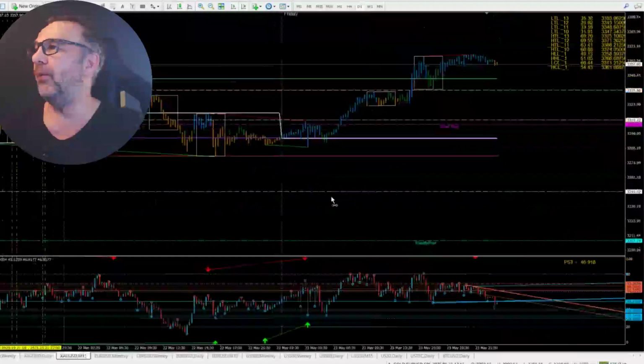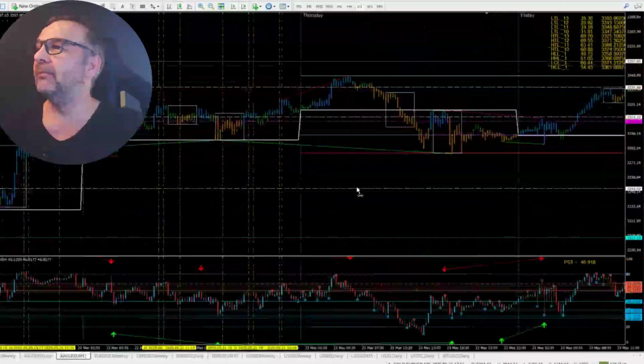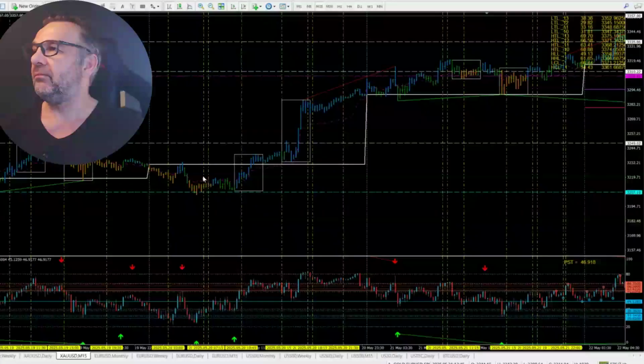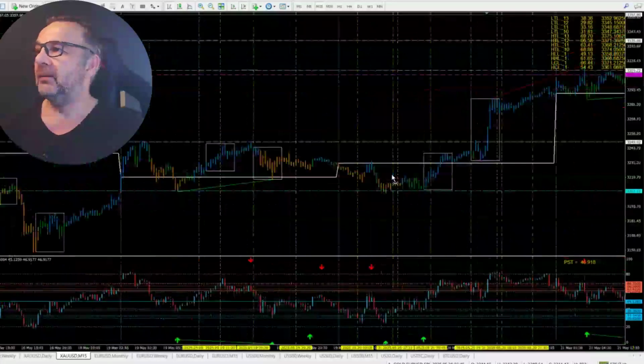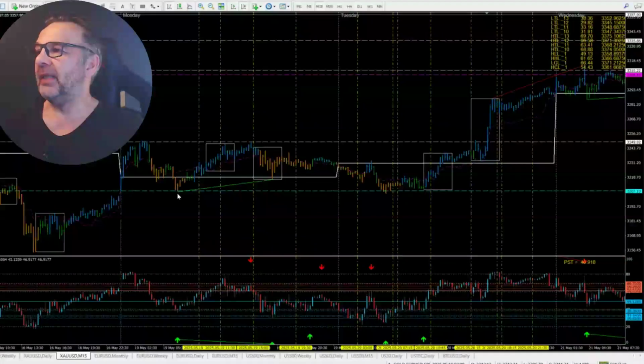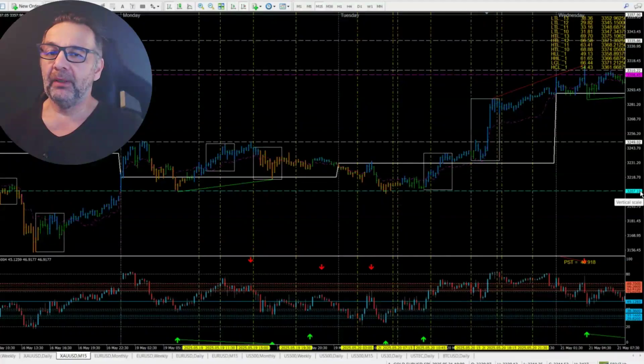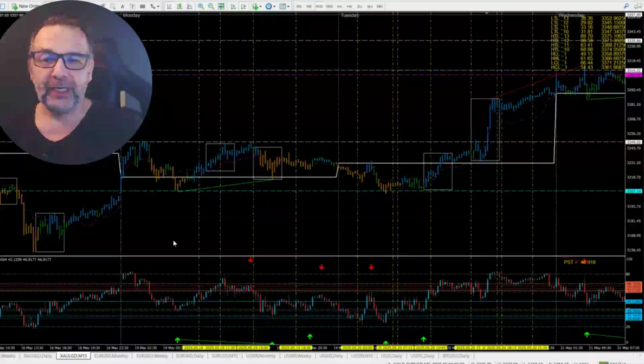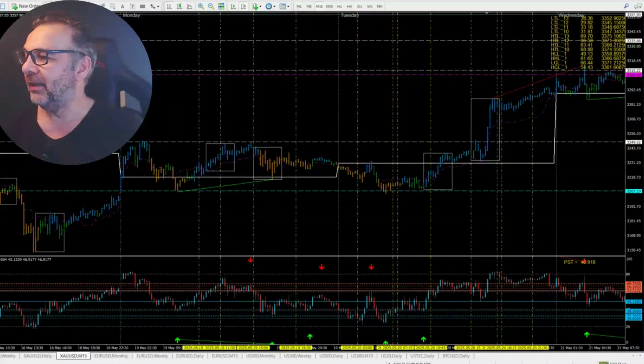So if I go back onto Monday, all right, where's Monday? This is Monday. Tuesday makes the same low at the weekly pivot. Okay, and we'll take a look at the trading hours later. Let's first take care of the swing days, and then we'll take a look at the others.